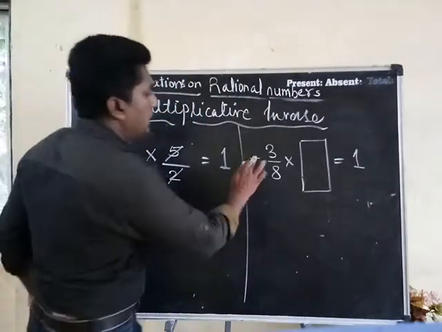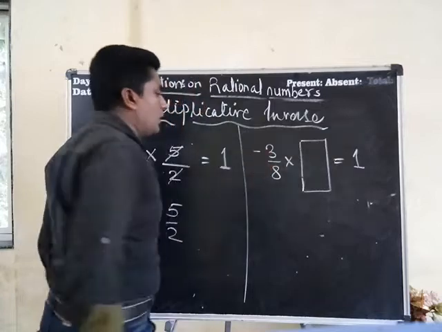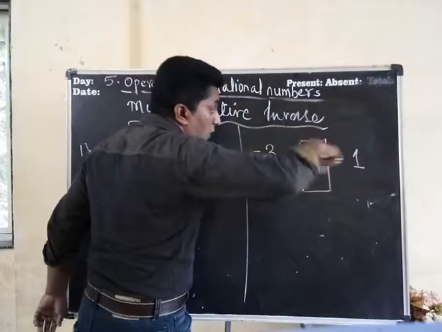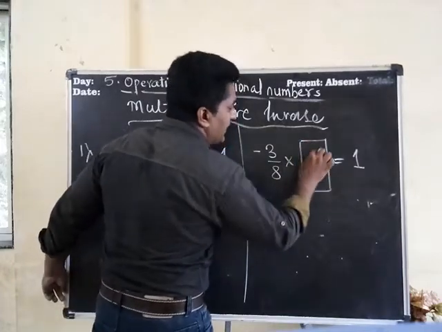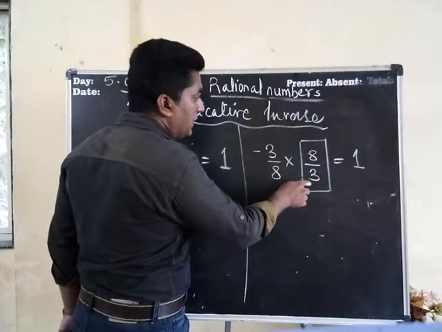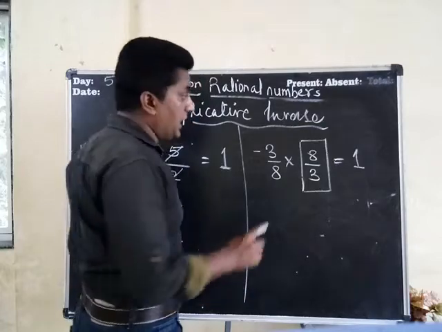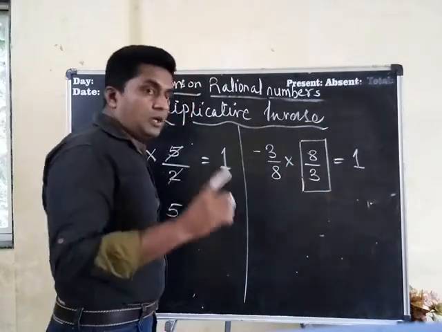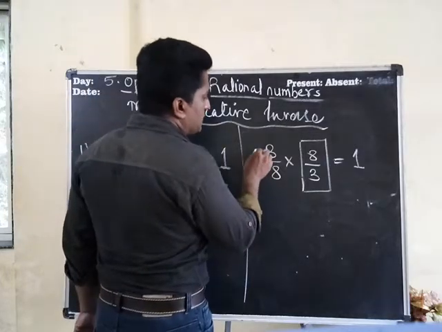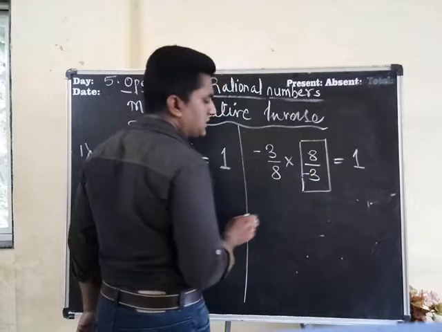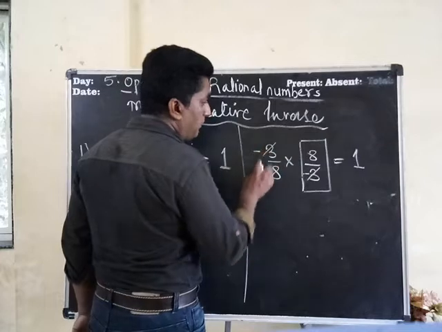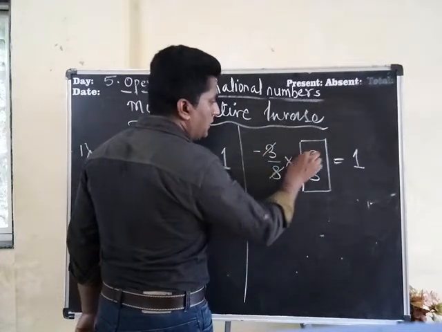Let us see. If I am doing it like this, the inverse of it, 3 will come here and this 8 will come here. What came here? 3 came here, 8 came here. And we want 1. So now if this minus 3 is there, here I will consider minus 3. If you want, I can do it like this also. See, this 3 gone, this 3 gone, minus minus went, this gone and this gone.